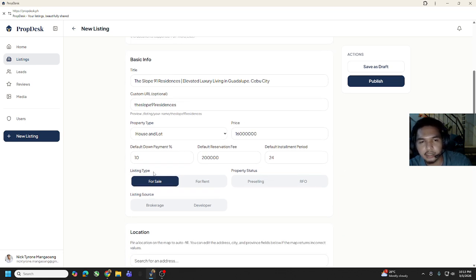This listing type is for sale, but you can also select for rent if you have a rental property. For now, it's for sale. The property status is either RFO, ready for occupancy, or pre-selling. Since this is pre-selling, let's select pre-selling. I don't know the developer of this property, but I'll just select developer.